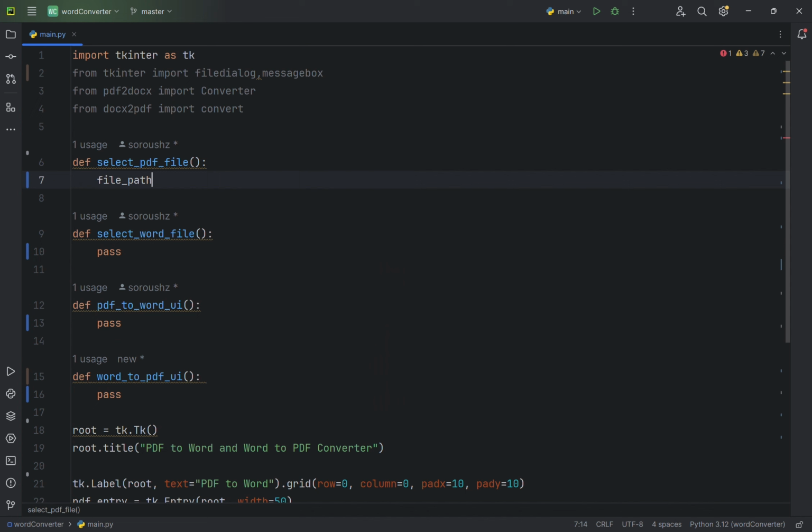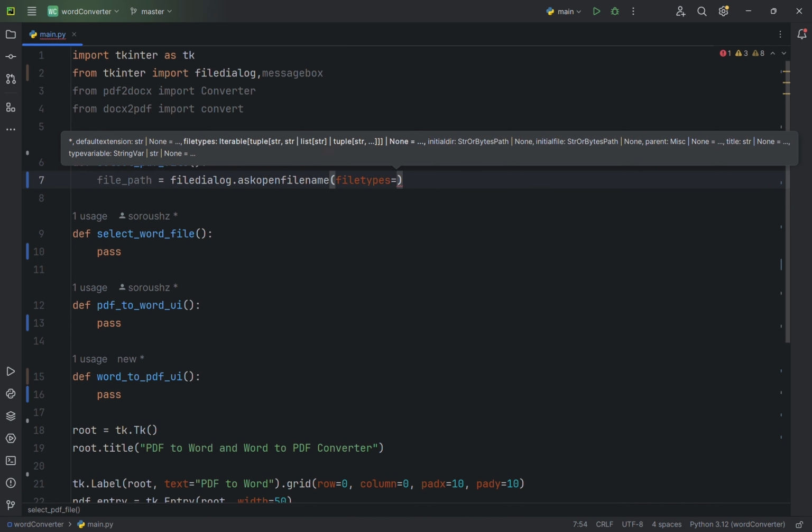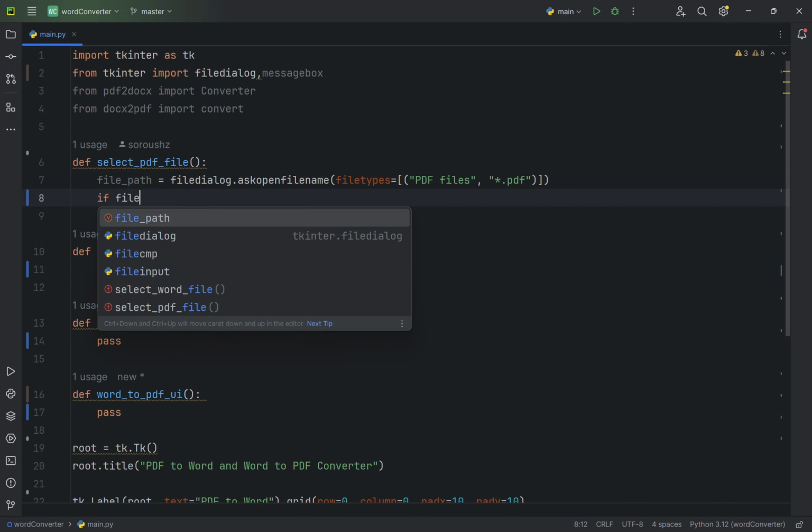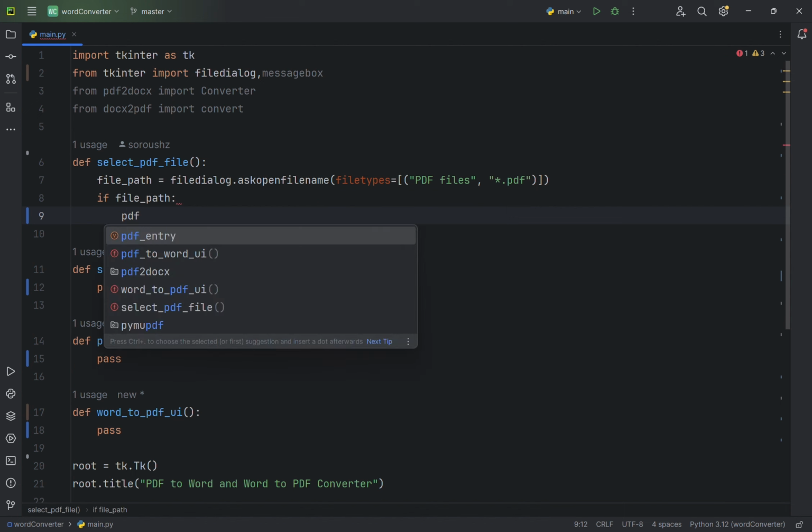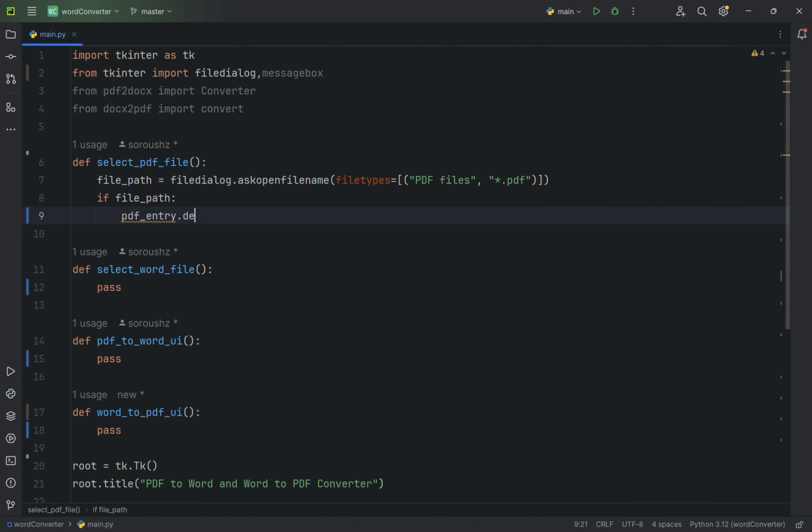Okay, let's go and define the first one. First, we remove this. For Python open file, we need to open a file dialog to select the file and filtering to show only PDF files. And we're going to do that using ask open file name method from file dialog. And we define the file type. And as you can see, PDF files, and we've defined the file type here. Then we're going to say if file, open a file dialog to select the file, filtering to show only PDF file,